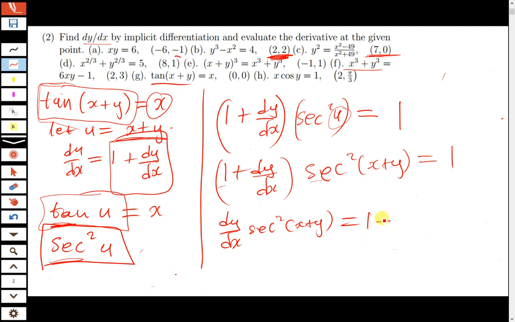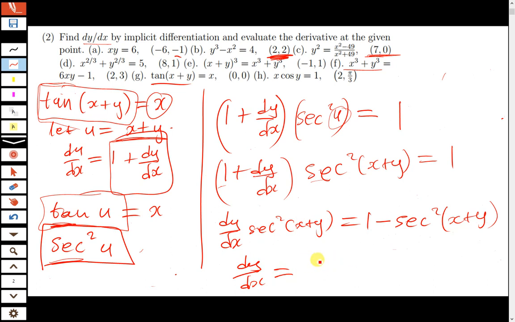You can follow the steps bit by bit and see if the solution I'm going to get will be the same as yours. And then when you divide everything by sec squared x plus y, you get your dy dx as